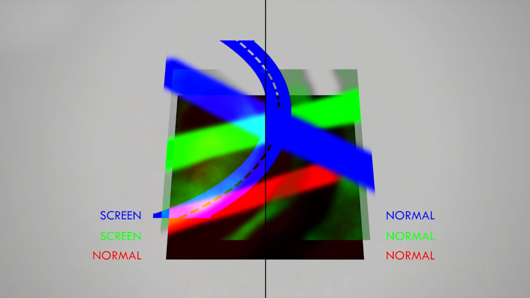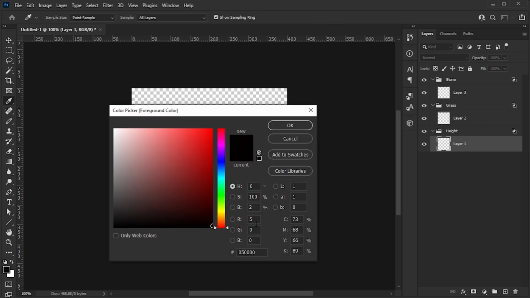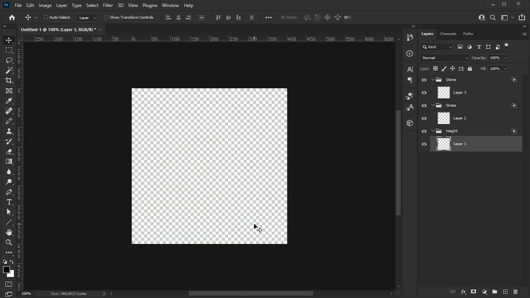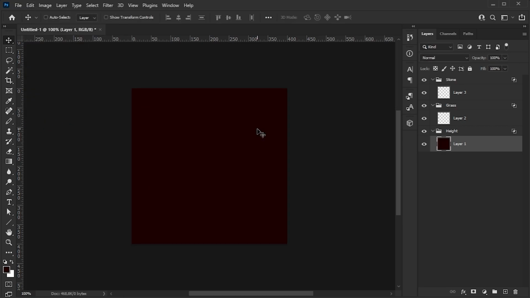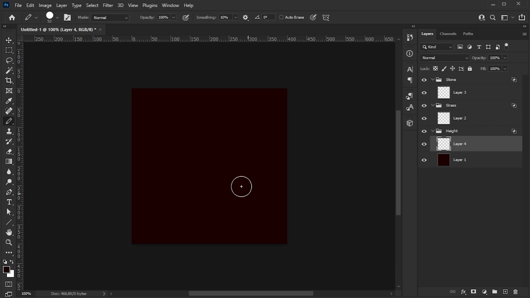Okay, back to the height map making. Then I fill the layer in the height group with red of value 30. This is a reasonable starting level, as it leaves room for adding rivers and stuff digging into the ground later. Next, I create a new layer in the height group and start painting with increasingly brighter reds, increasing the color value by 10 for each step. This will become a hill.